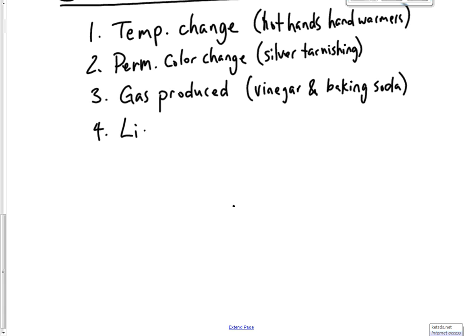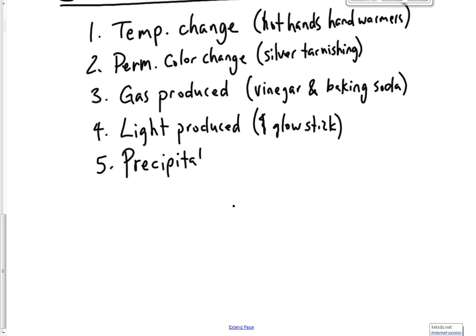Next one, you have a light that's produced. What's it called? A glow stick. You break it and shake it up, and it starts to glow. Those are the 2 chemicals coming together and producing light. And then the last one,